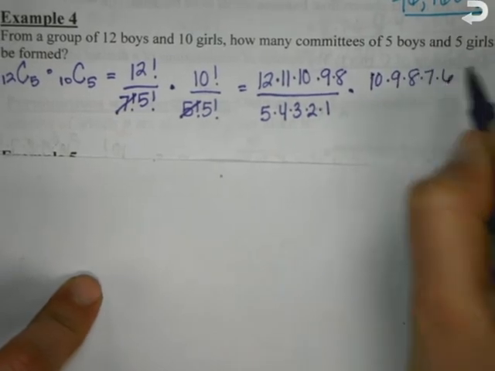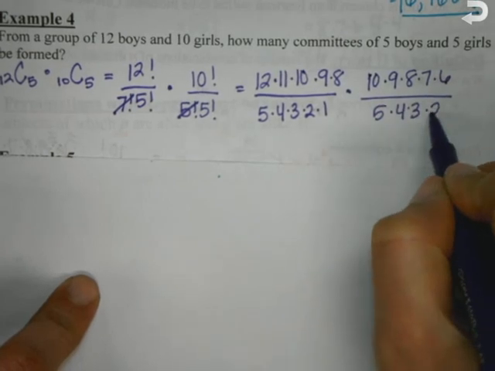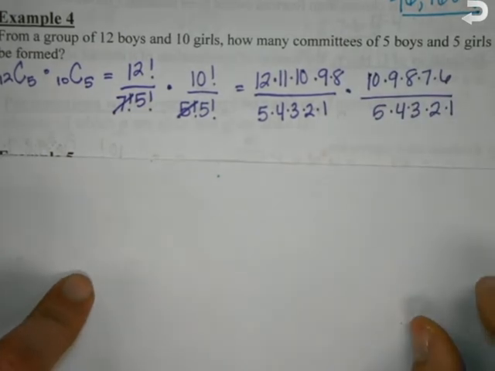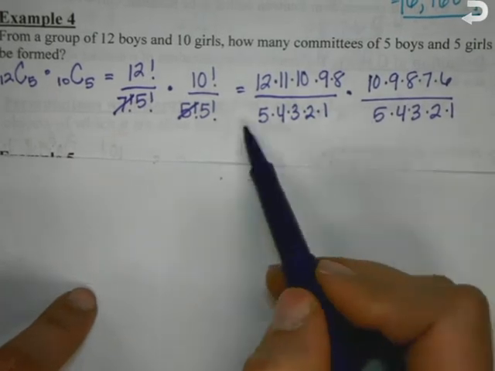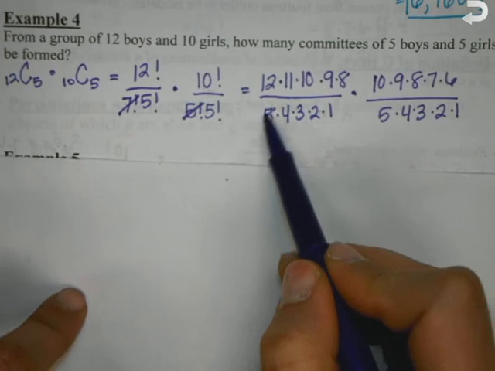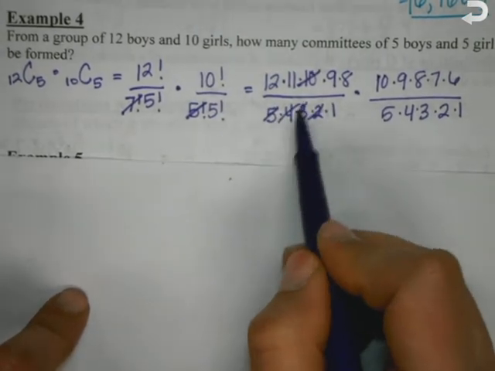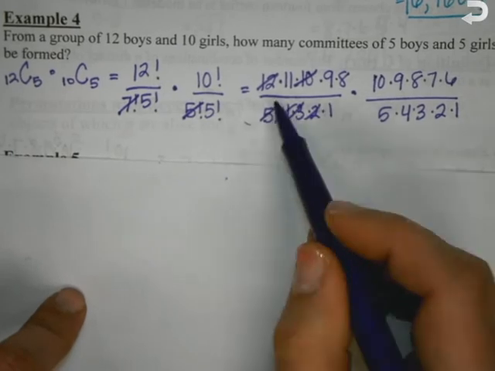And then we have some canceling we can do, and you can do your canceling any way. I'm noticing that 5 times 2 gives me 10, and 4 times 3 gives me 12, and that's everything from the first combination. So I have 11 times 9 times 8, which is 792,